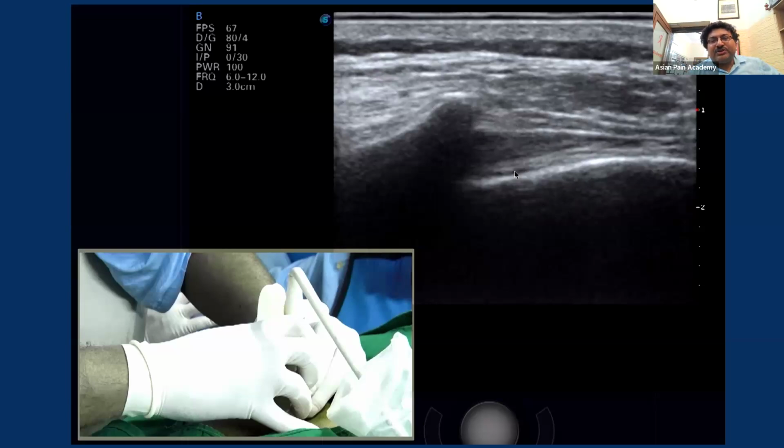While performing the procedure, we first give local anesthetic at the lower portion, then we enter the epidural needle that should cross this area, the upper part of the sacrococcygeal ligament. Once we are crossing the sacrococcygeal ligament, if you are doing an ultrasound-assisted caudal epidural, you can go further up to the lower border of the S2. But if you are performing a